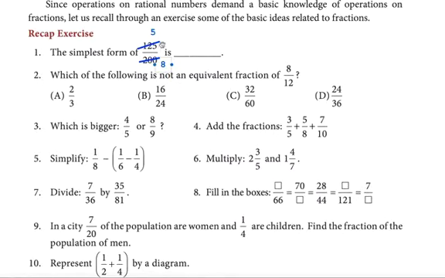If you don't like to solve this in this way, you can start with 5 alone. 5 25s are 125. This one, 5 40s is okay. So on top 25, at the bottom, that means the denominator, 40. Again cut it down with 5. 5 5s are 25, 5 8s are 40. You will end up getting 5 by 8. Okay. Which of the following is not equivalent to the fraction 8 by 12?